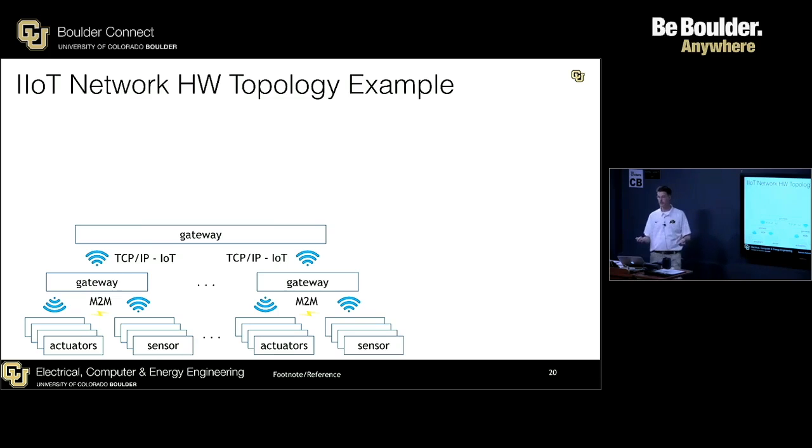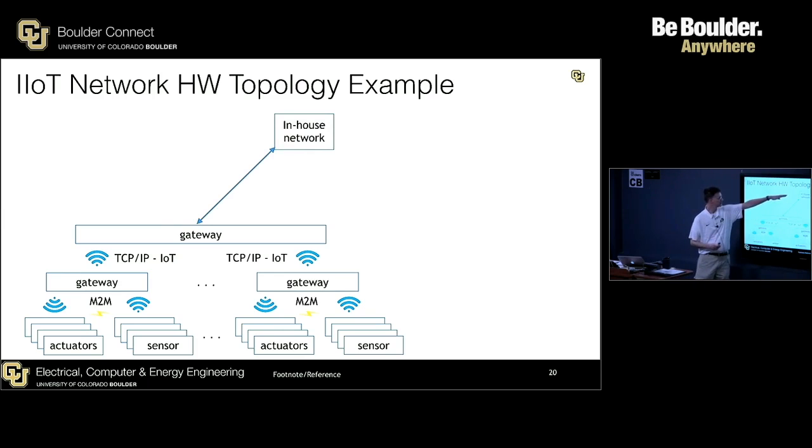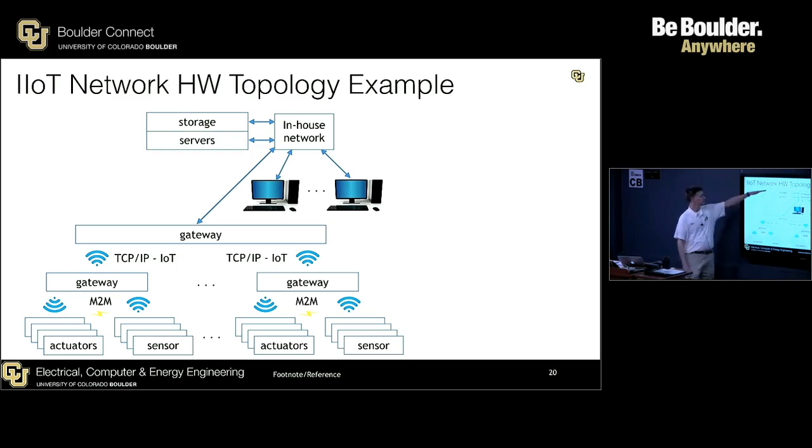It's expensive to run cables. Everywhere in a deployment where you can communicate wirelessly, you're going to save cost. And cost is important for the bottom line of a business. These are rapidly becoming wireless communication. This could be wireless as well. Eventually one or more of these gateways ties into the in-house network either wirelessly or by a hard Ethernet cable. And the in-house network provides access to storage and servers and the daily driver computers of the employees